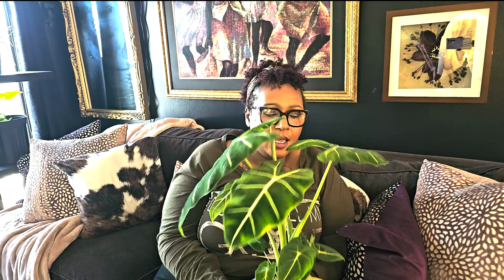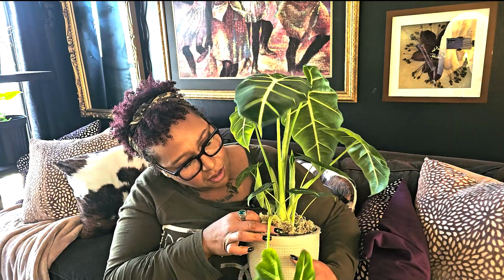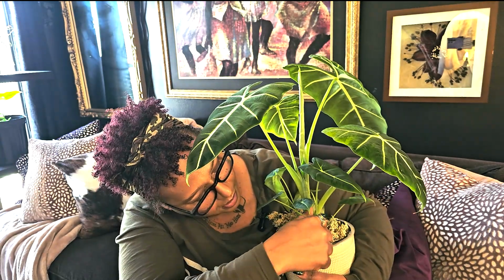All the ones that I've seen on other YouTube channels and Instagram have really inspired me to do my best at growing this plant. And like I said, she lives in a pond, and I like to put moss around the roots of my alocasias, just like we do with the anthuriums, because for the exact same reason, I want those roots, those adventitious roots, to grow down and into the pot. And that is exactly what she's doing. She has, underneath the moss, she has new roots, and you can see